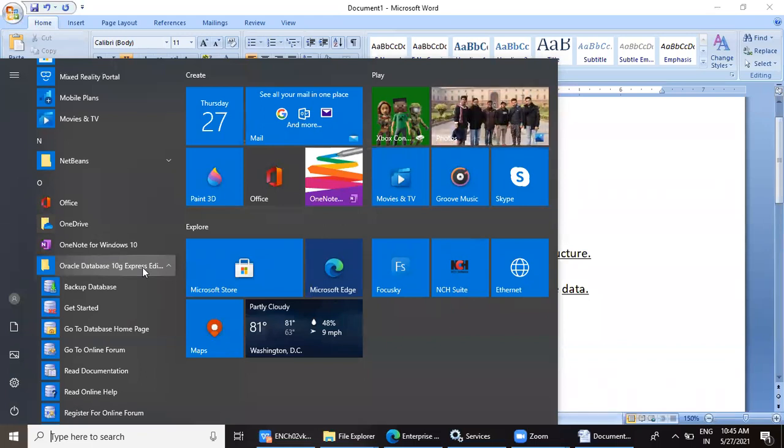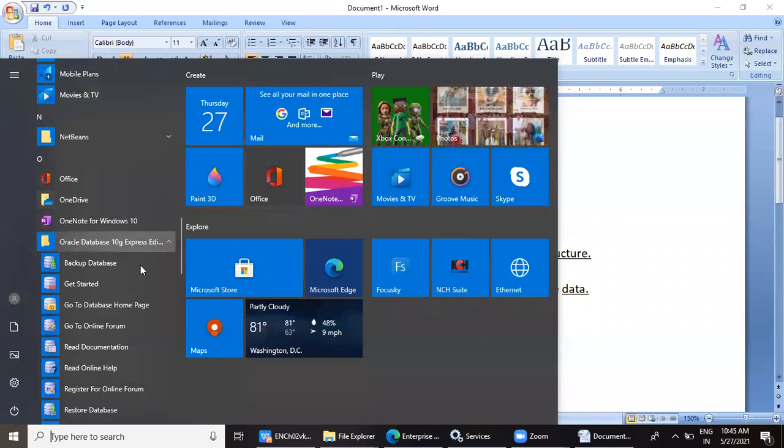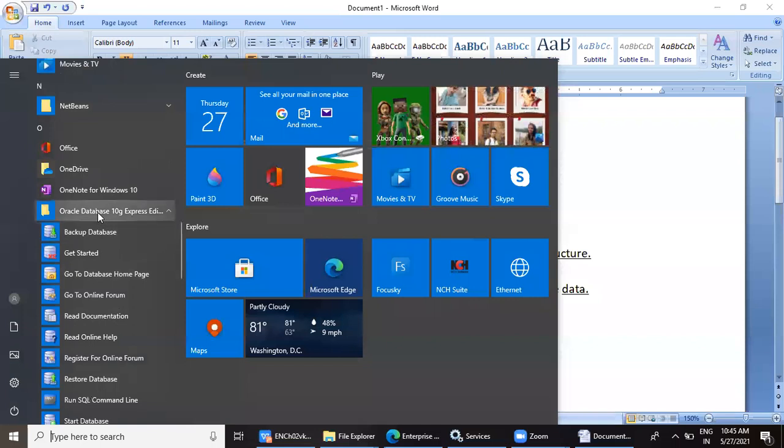Everything has to be typed. So we are going to work with command line interface first. See under Oracle Express 10G, once I click on this explore button, you will get all these options. Among this, we are going to click on this run SQL command line. All of you note down.